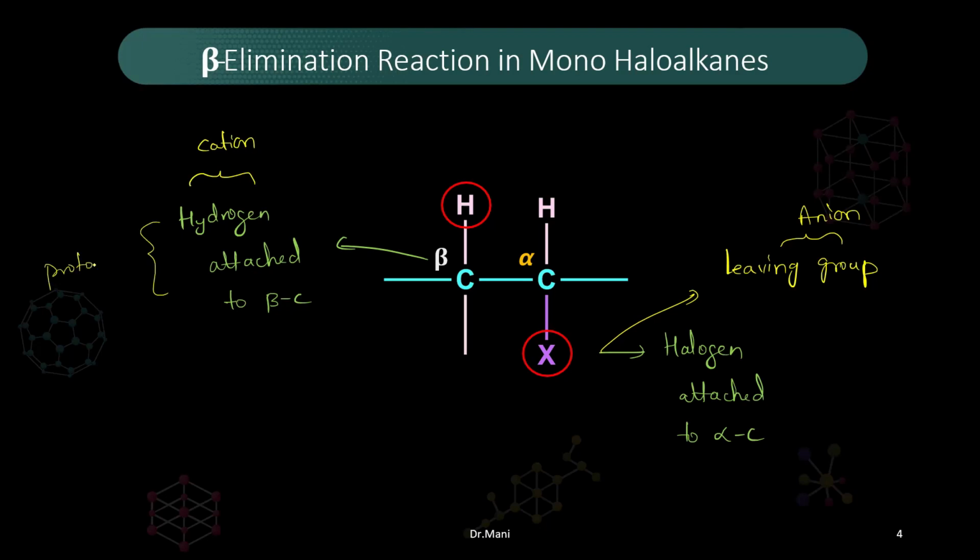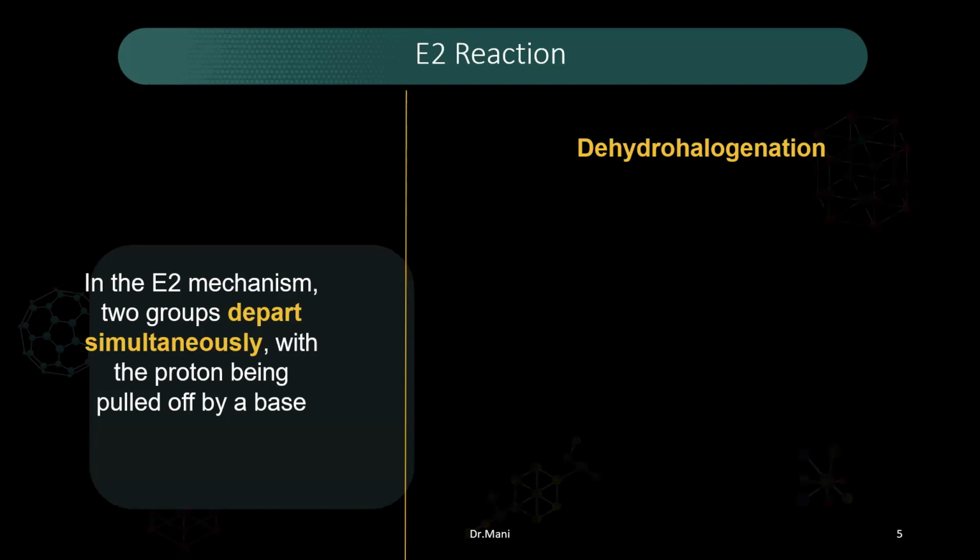You can also remember it like this. Okay. So the alpha carbon is the carbon where the halogen is attached. And remember here, the halogen is directly attached to the carbon chain. Okay. And the beta carbon is just adjacent to the alpha carbon. It will not be somewhere else. So that's why it is called a 1,2 reaction. It's not 1,3 or 1,4. They should be adjacent to each other. Is that clear? So next one,